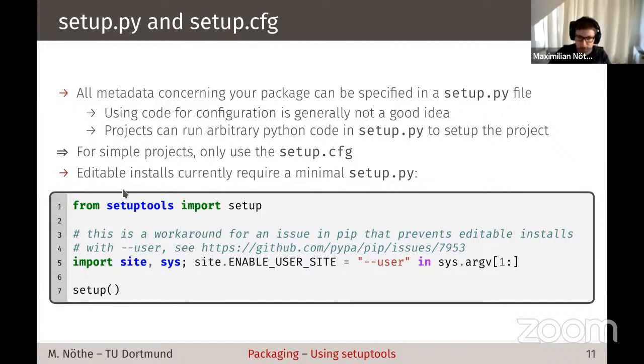But for these editable installs we also used in the testing lecture, you still need a minimal setup.py. And currently there's also a bug in pip which requires us to make a workaround. You don't really have to understand what's going on here, but there's an issue for pip here, and this is solved by adding this line here. So just add these 3 simple lines of code to your setup.py, and then you're good to go, and you never need to touch setup.py again